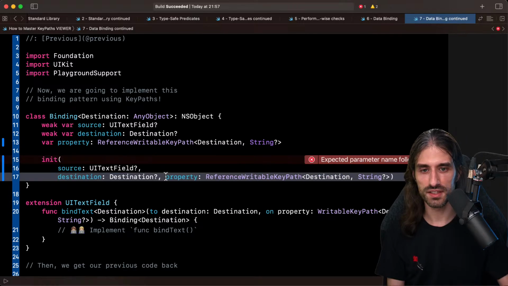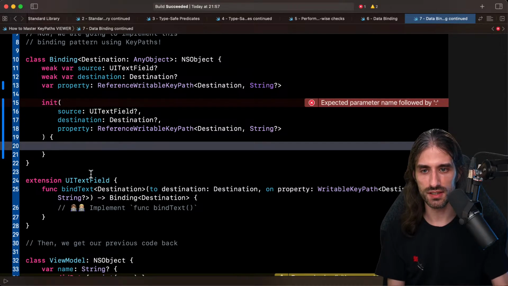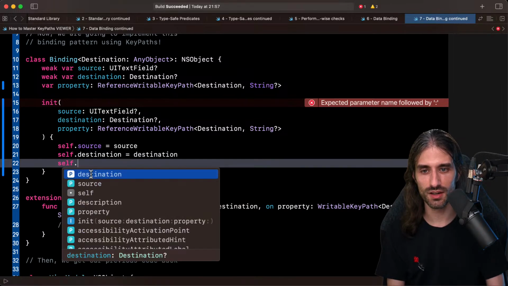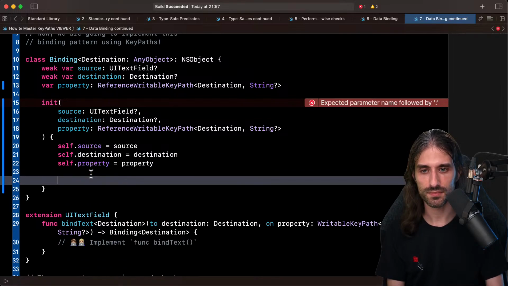Let me format it like this so that it's easier to read. And so first thing we're gonna do in the init is the member-wise initialization part. So self.source equals source, self.destination equals destination, and self.property equals property.